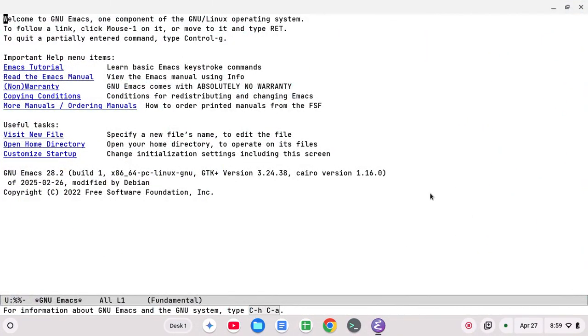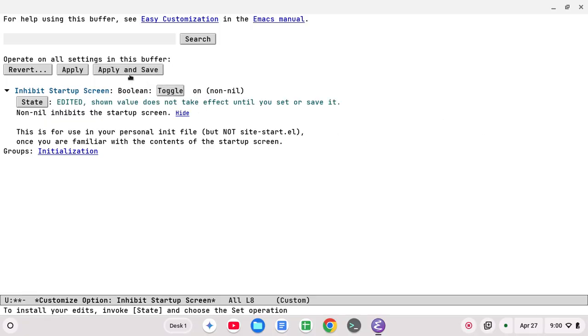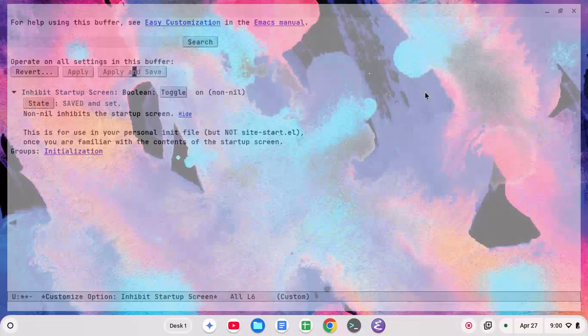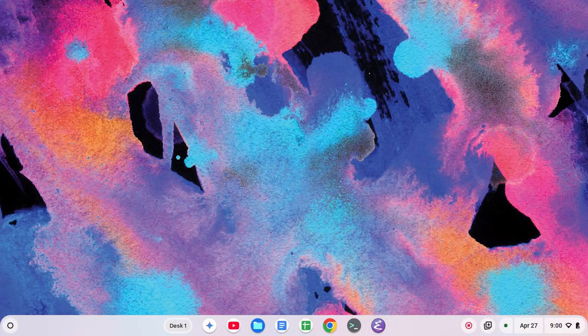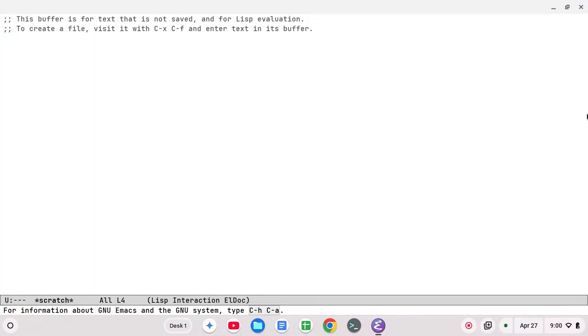You can tell it's a little bit different, but it still has a splash screen. So the last thing I'll do is Alt-X, type in customize-option. You can't do the up arrow every time you close out Emacs, but if you keep it open, I could do the up arrow to get customize option. And we're going to do inhibit-splash, and I hit tab there to autocomplete. Inhibit splash screen, I'll toggle that to on and click apply and save. Control-X, Control-C to close this out. And we've got a nice scratch buffer to start